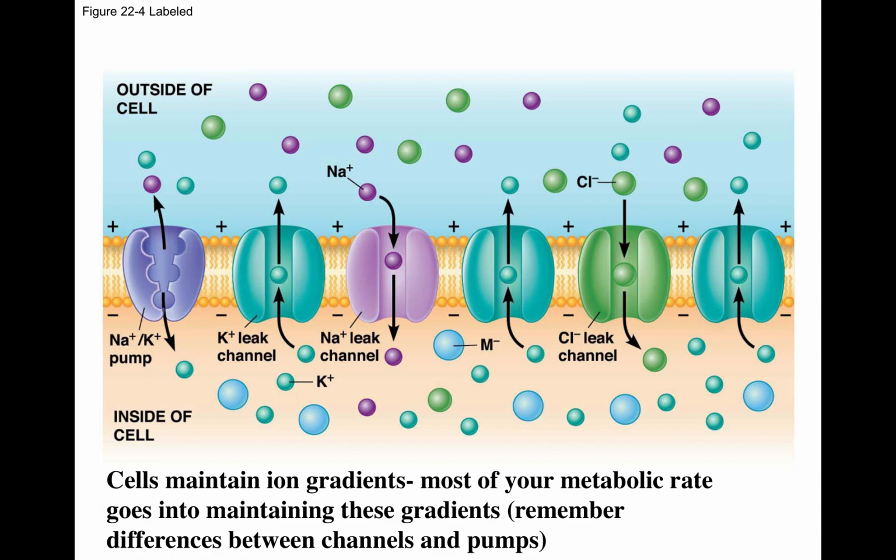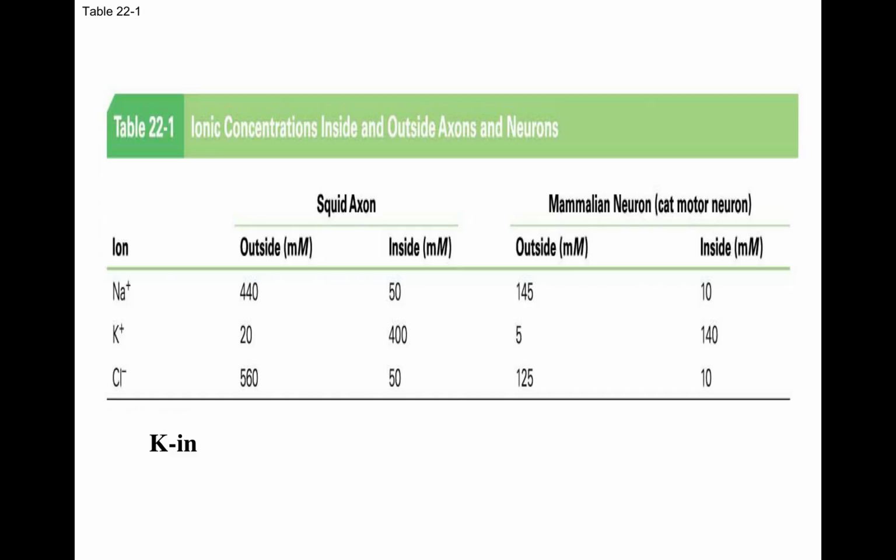If you look at the concentration of ions inside a cell versus outside the cell, not the same. Sodium is high outside, potassium is high inside, calcium is high outside, low inside, etc. So it's not that those ions are just in equilibrium across the cell membrane. The cell is actively maintaining gradients, and it does so through a combination of the action of pumps, like the sodium-potassium pump we talked about before, and channels that are specific for these specific ions.